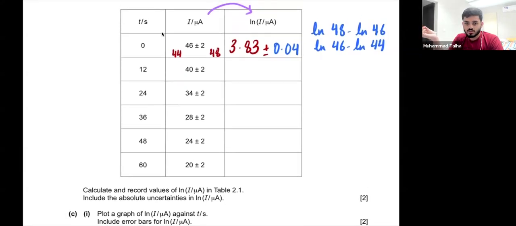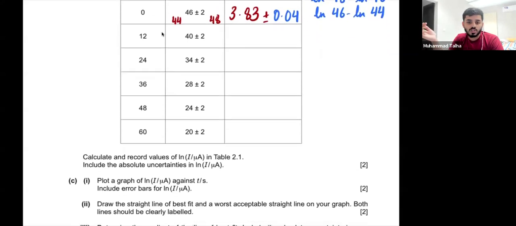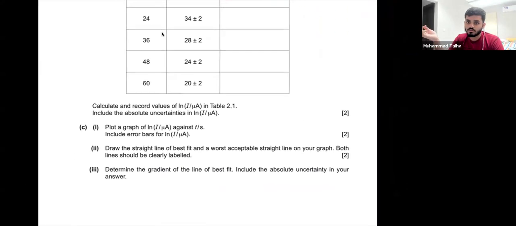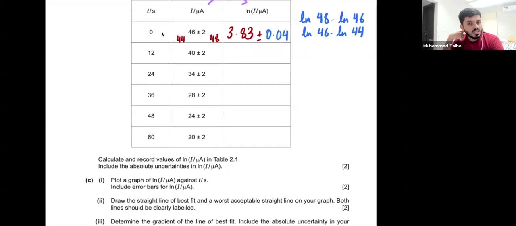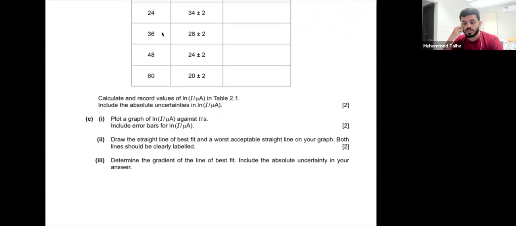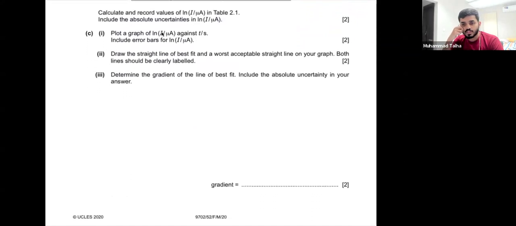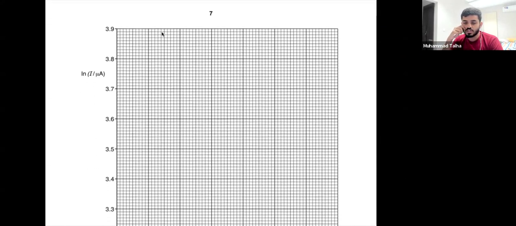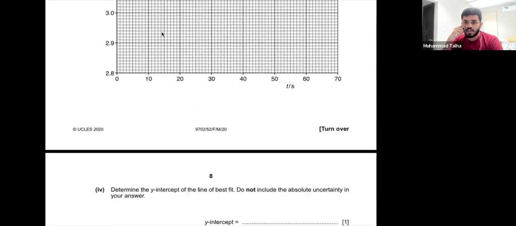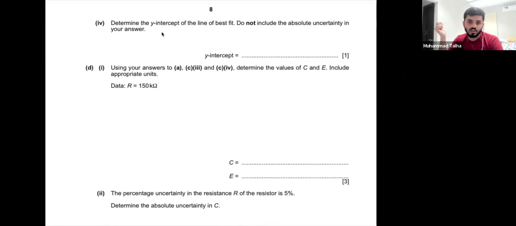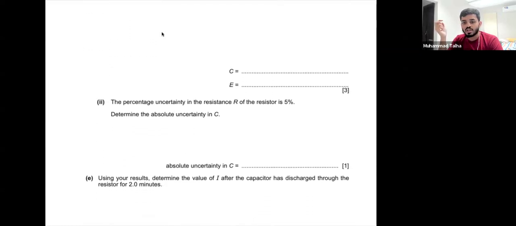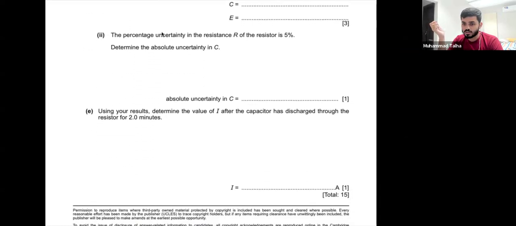That's how you fill out this entire table of the ln values. In a while, I'll also be going on to a question which is not ln. Do you guys want me to go through this entire graph? Because I think we've had a lot of those on the platform as well, so I feel like you guys are pretty used to how this goes. I've also talked a lot about these in the live sessions, how you make the lines of best fit and the lines of worst fit and how you do the calculation, how you give the units, uncertainties, all of this we've talked about, right? I just wanted to talk about the values a bit.